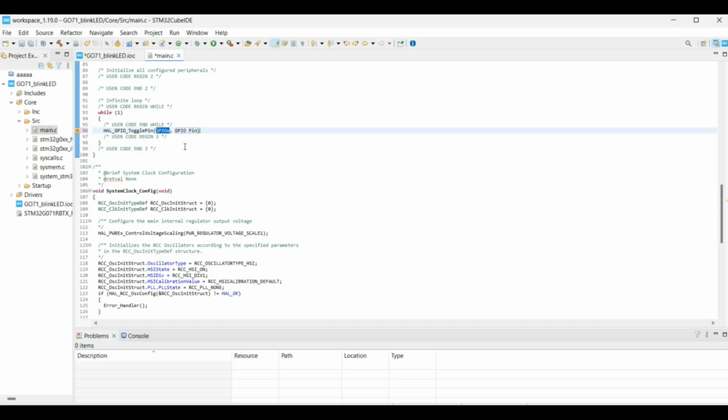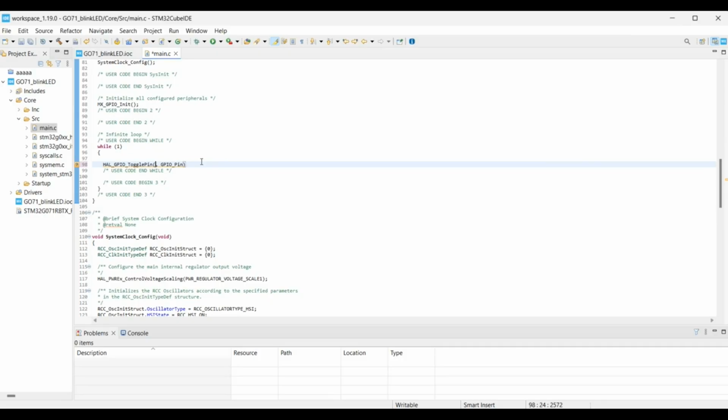Here we will just write LED underscore GREEN. Then we can press Control space, and nothing will appear as we see because we did not